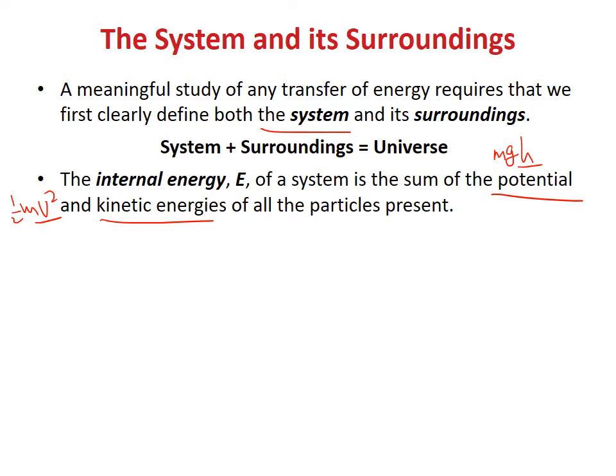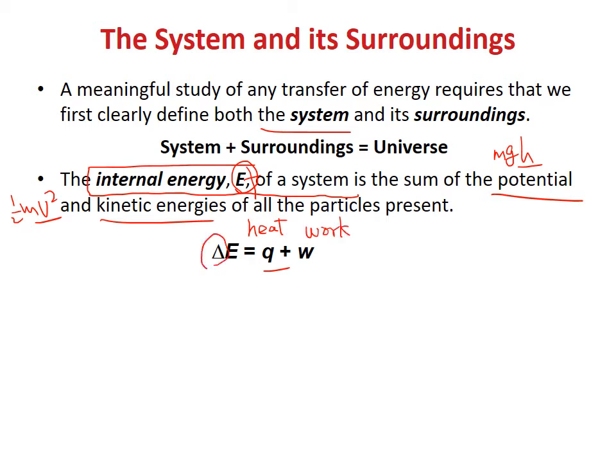The sum of the potential energy and the kinetic energy is called the internal energy of a system, which is represented by E. The internal energy of a system can change, which appears as two forms, heat and work. Q represents heat, W represents work. Delta means change, so the internal energy of a system can change, which appears as heat or work or